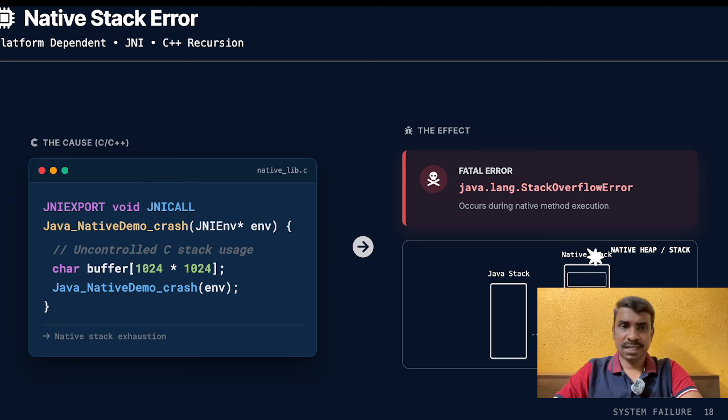This native stack is a stack only, that's why you are getting a stack overflow error. So we have two types of stack overflow error. Either you can get it from the native stack or you can get it from our Java, the normal stack. Okay,